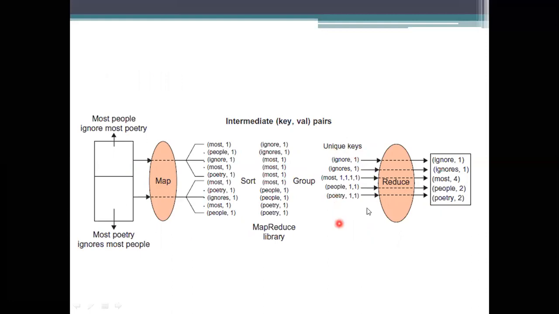Then you come to the reduce. These values will be given to the reduce. Here, the value for the ignore has not been changed, but coming to the most, it has been changed. Simply it is one, and it has also been considered as one. When coming to this one, the value has been changed. What is the value of this most? It is 1 comma 1 comma 1 comma 1. So the value will be changed here, and we need to take the group of values into account, not single values.